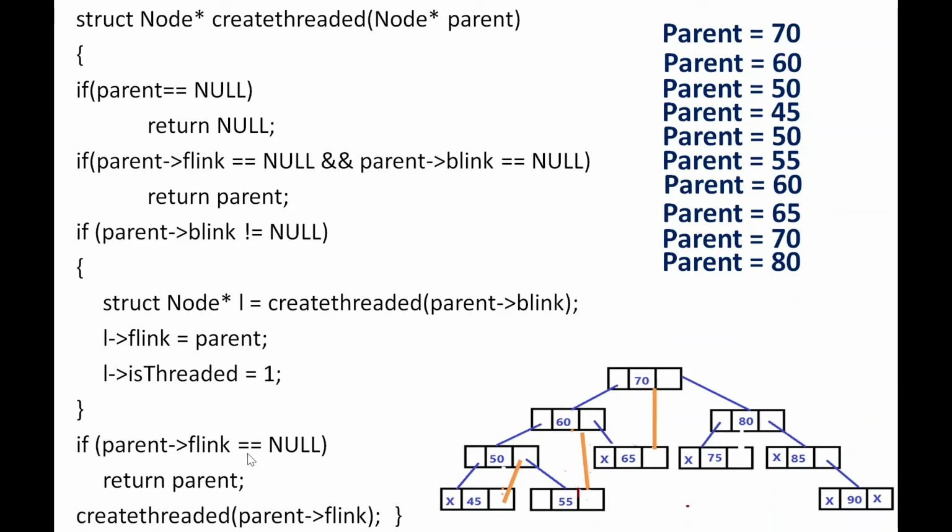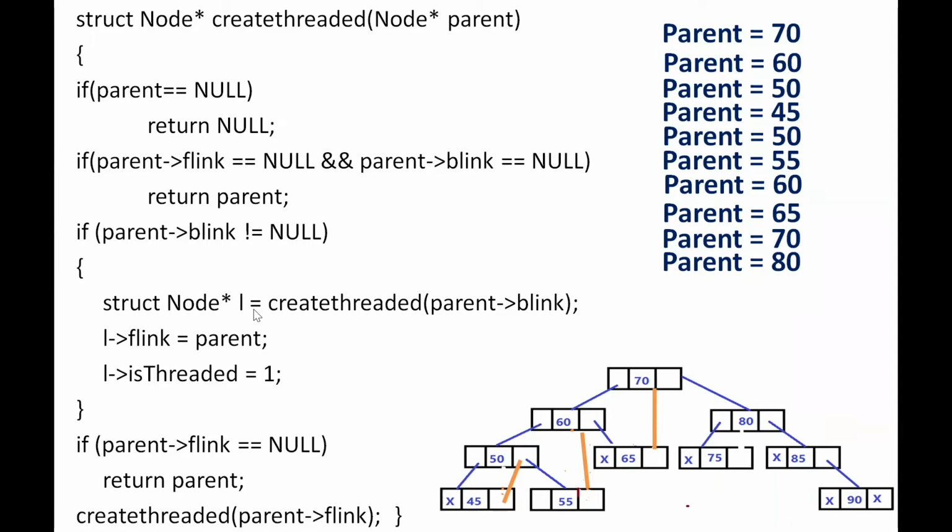So the connection is made like this, and then for the node 70 it will continue to run. It will check whether its forward link is equal to null. It is not null, so it makes a recursive call to the forward link pointer. So it goes to the 80th node. So node 80 is the current parent, and here also it checks the conditions. The condition that actually is true is: if f link of parent of b link not equal to null. That particular condition is true for node 80, so it will get into the statement.